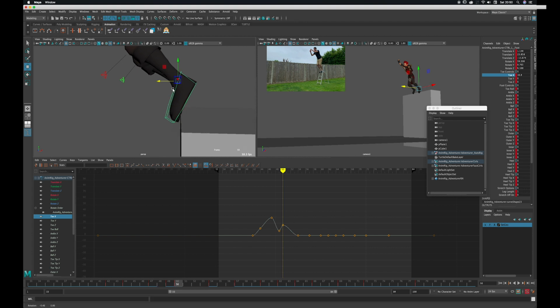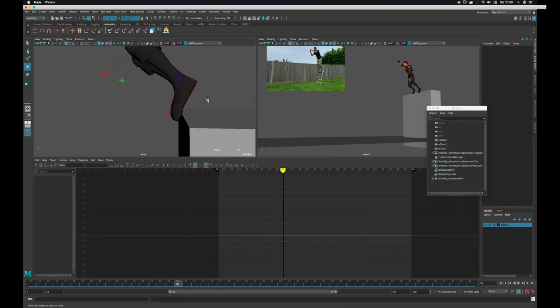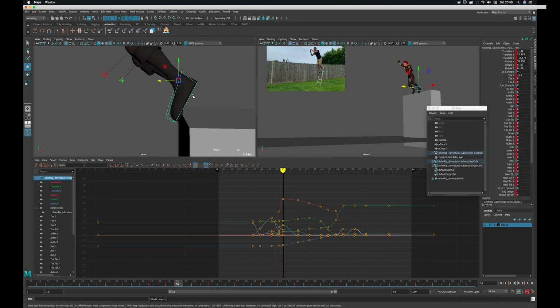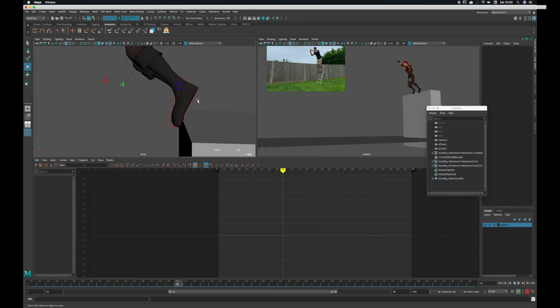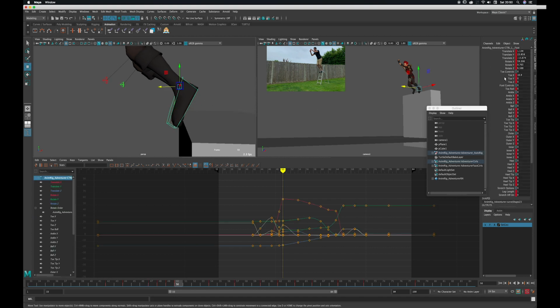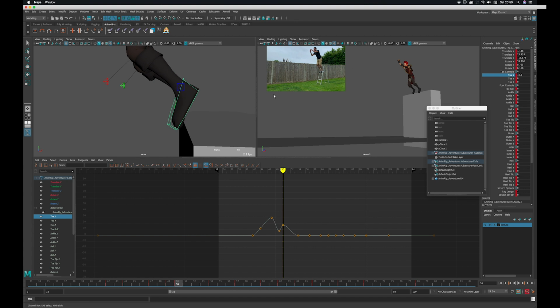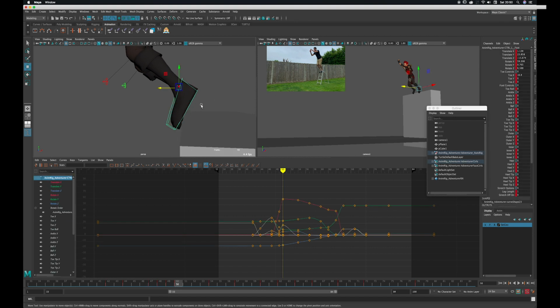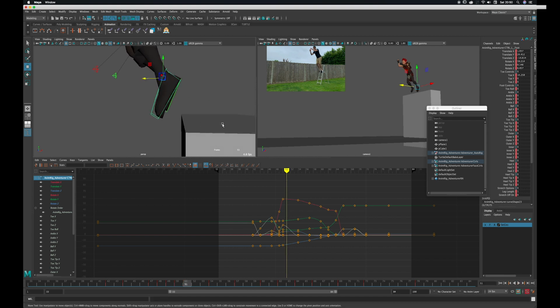So I'm going to grab it and move it forward, but at the moment I only have toe X selected, so I'll just have to deselect the foot control and select it again so that all the attributes are selected, so that when I hit S it keys everything rather than just keying toe X. So there we go, that's feeling better, and now the foot leaves the platform, so let's remove that toe X